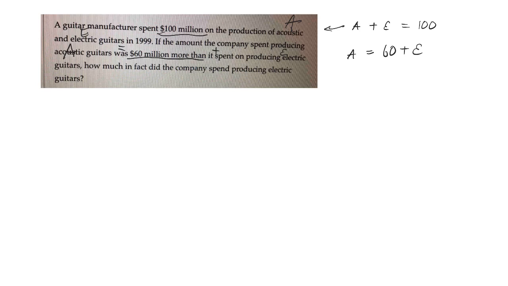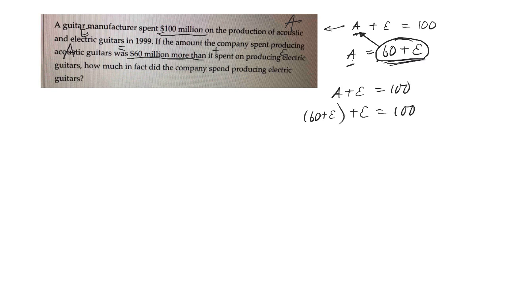Okay, so here I've got two equations and a couple ways I could solve this. One of them is I know that this A and this A mean the same thing. So if A is equal to this, then I can take this and plug it in everywhere I see an A. So instead of A plus E is 100, I'm going to put this in for A. So instead of A, it's 60 plus E